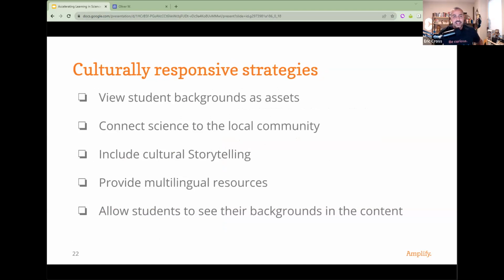I think this question and these strategies more than ever are probably the most important to me. Culturally responsive teaching. If teaching is like a meal, then it would be a potluck. And all of our students are bringing different things to the table. And starting off with that mentality of seeing the assets our students bring to the classroom,